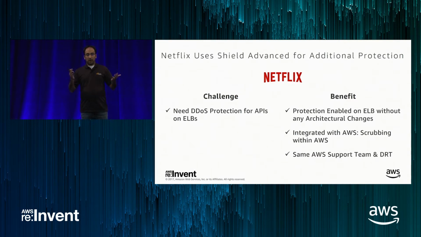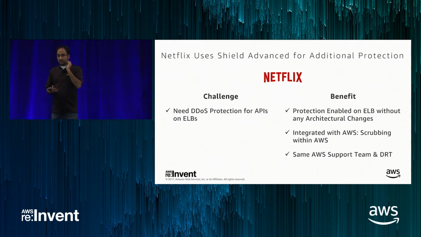So all I can tell you is that it was really easy for Netflix to deploy Shield Advanced on their ELBs because they simply went to the console, or of course the APIs, and chose the ELBs that they want to protect and say, protect me. And because of how easy it is to deploy Shield Advanced without any architectural changes is why Netflix uses Shield Advanced. And in addition to that,